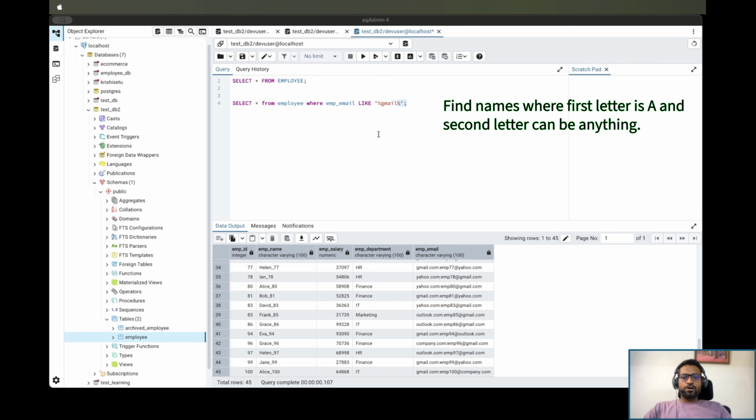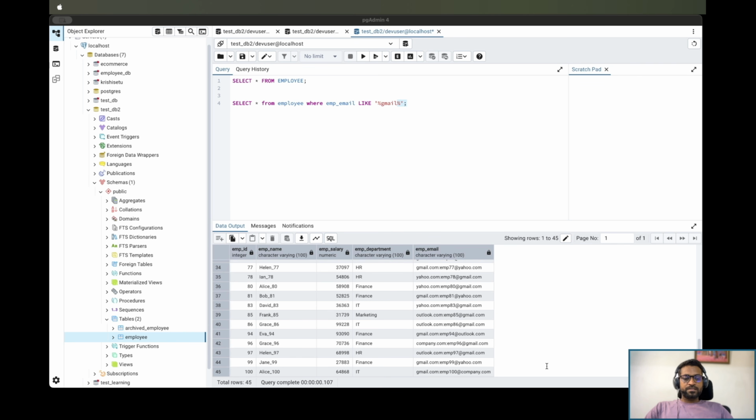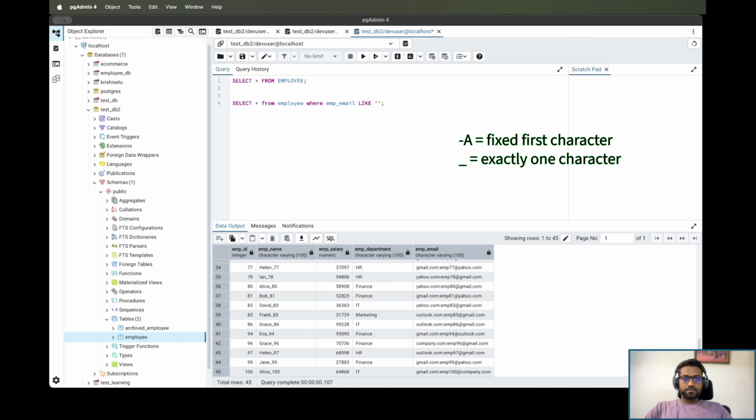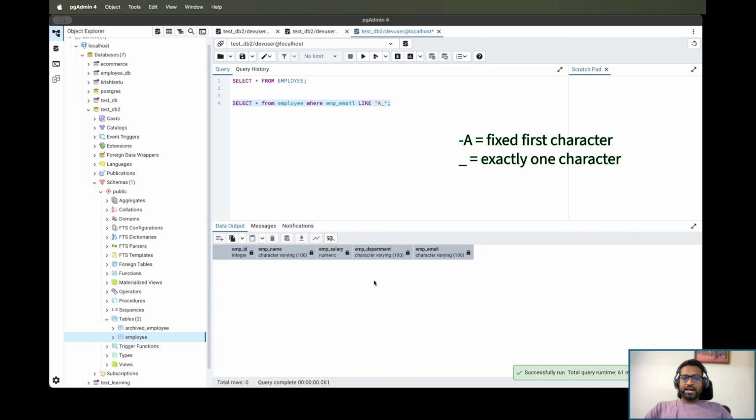Suppose I want to find the names where the first letter is A and then the second letter can be anything. If we provide a single underscore, it means there should be a single character after that. Let me change this one: A underscore. You can see we don't have any records